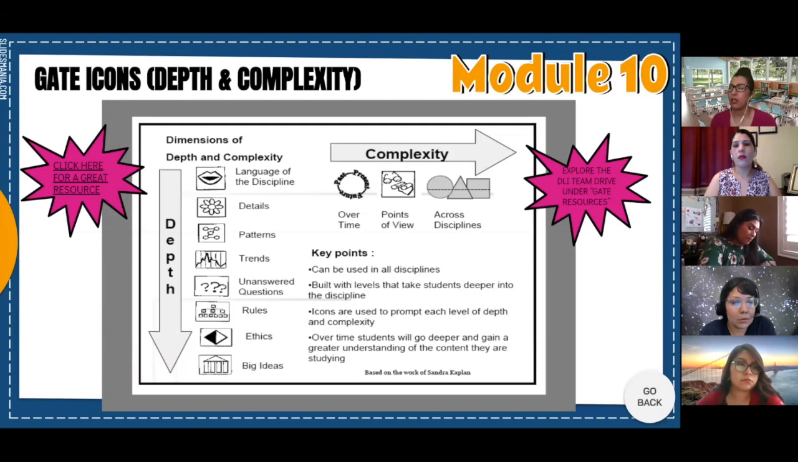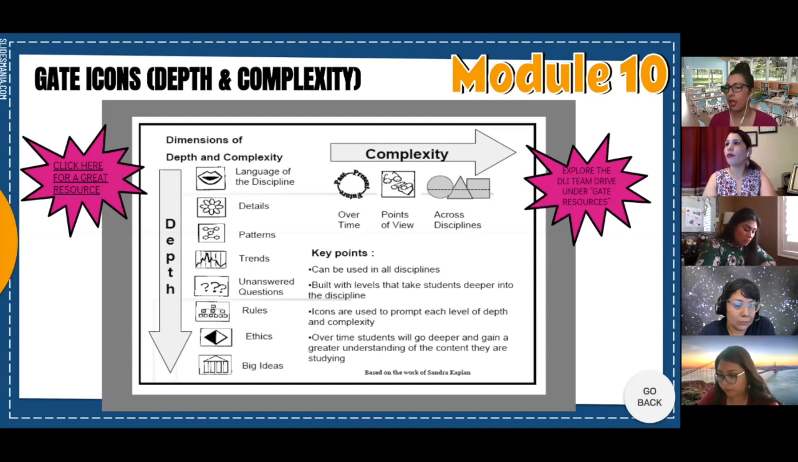But basically, the purpose of the GATE icons is for you to be able to pull more out of your students when you're teaching a specific topic, or if you're just discussing a specific topic. And so they have these icons here that will be a symbol to getting them to think at a deeper and more complex level. And the main thing behind this is once you're familiar with them enough that you can introduce them to your students and start using these in the classroom with